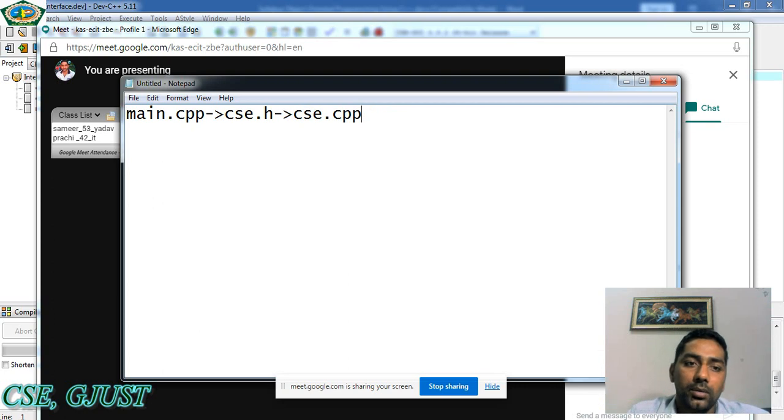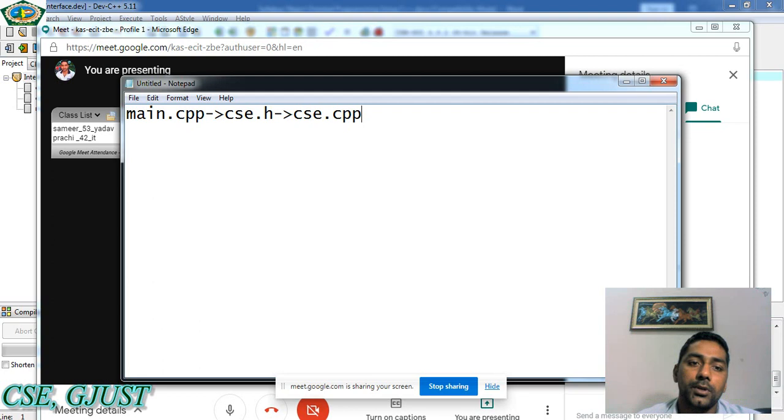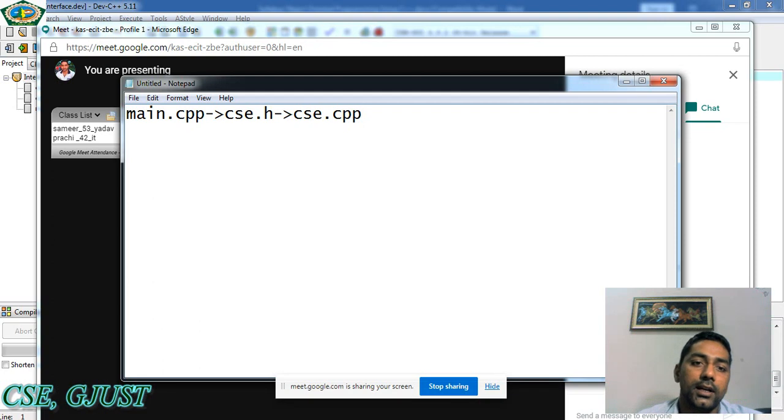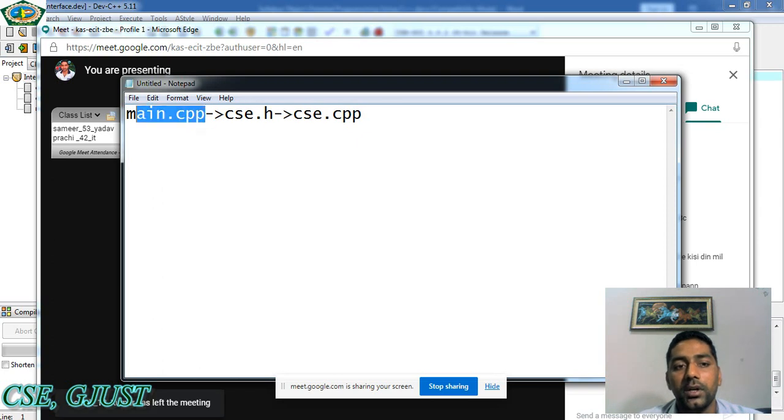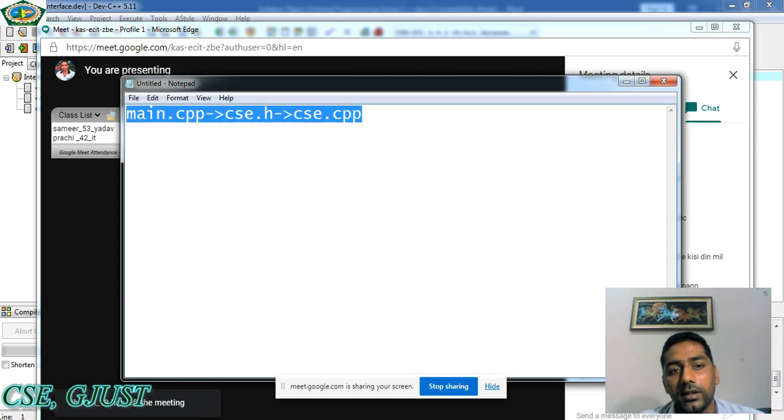Which is indicating that we are making a layer of program. So csc.cpp is hidden from main.cpp, because main.cpp is accessing only the header file, that makes our code safest, just like the data hiding concept. Because our actual code is available in .cpp, our header file is just giving the reference according to the request of main.cpp. So layer type of programming, 3 layer architecture of a program, we can use.